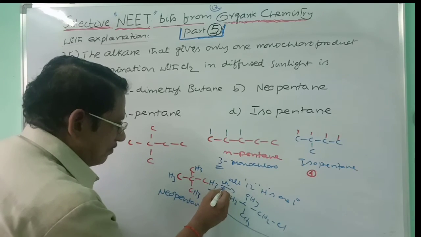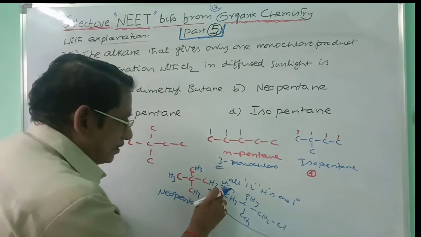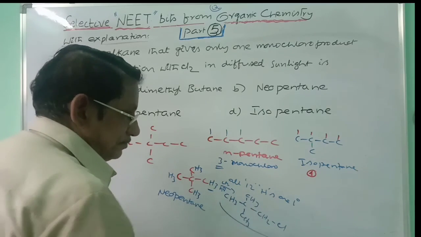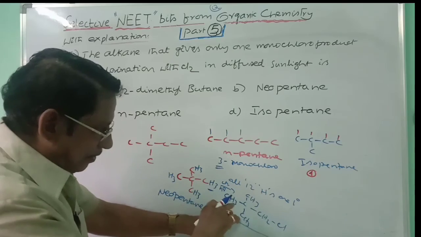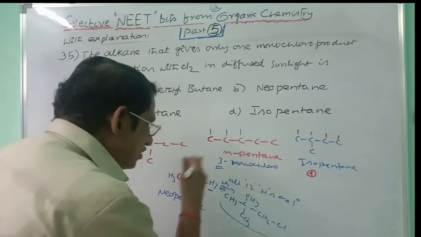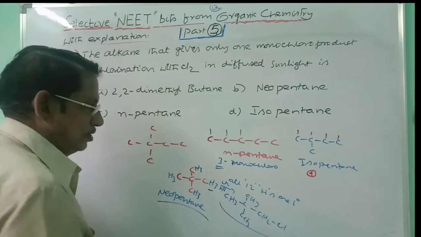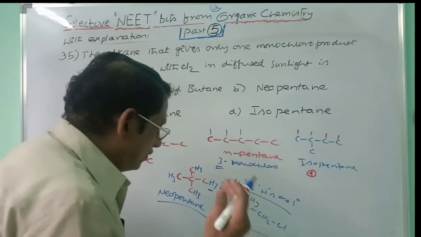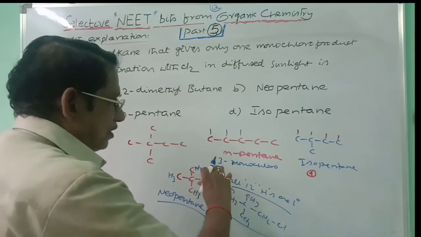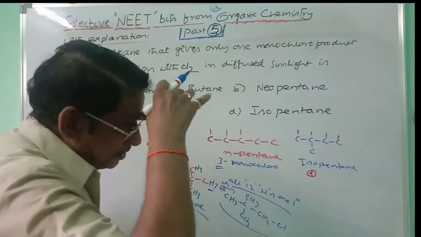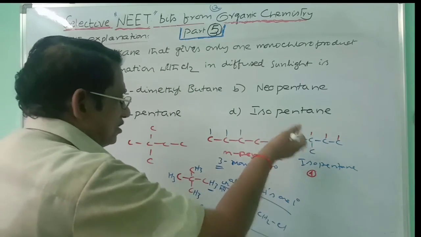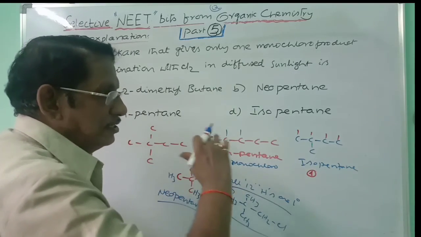Chlorine in the presence of sunlight gives 1 chloro 2,2-dimethyl propane. If you take here, same. If you take here, same. All the 12 hydrogens are equal in the case of neopentane. So upon monochlorination, it gives only one monochloride derivative. The other, normal pentane or isopentane, cannot give one derivative because they have primary, secondary carbons, primary, secondary, tertiary carbons also. That is why the monochloro isomers are different there.